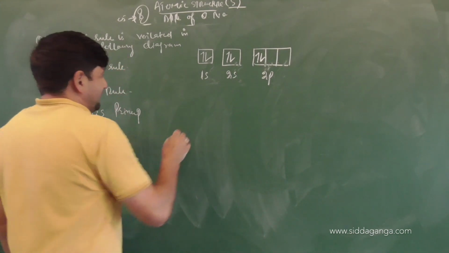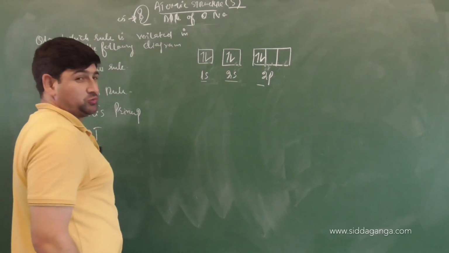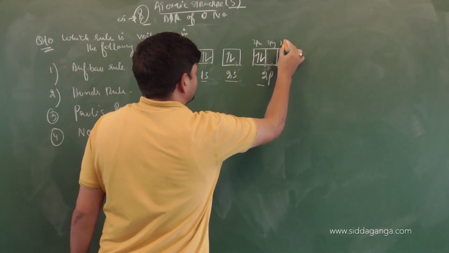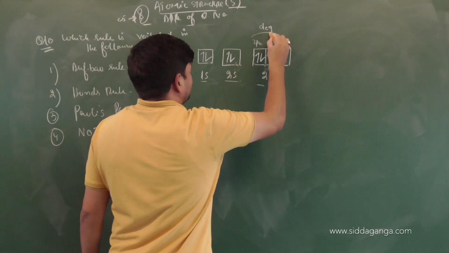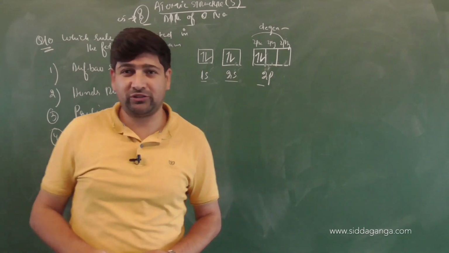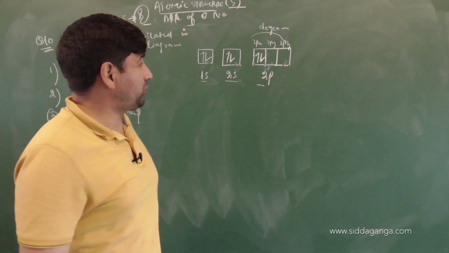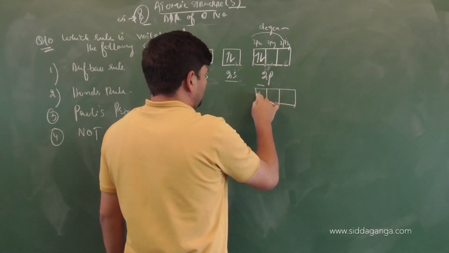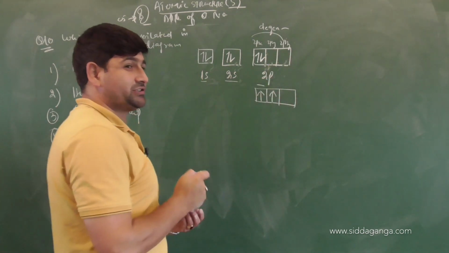Now, if you look at this electronic configuration that has been mentioned, it is 1s2, 2s2 and 2p2. So this is our 2px, this is 2py and this is 2pz. These are all degenerate orbitals, right? And what's the statement we have with respect to degenerate orbitals? Pairing will not take place unless all are singly occupied. Actually, it should be one here, then one here. Correct?